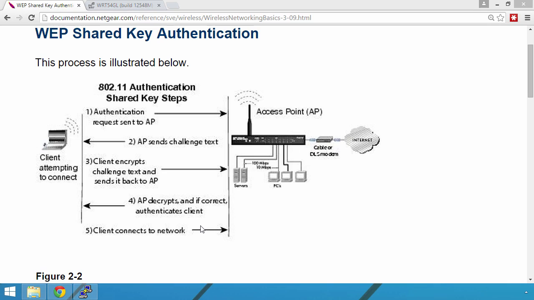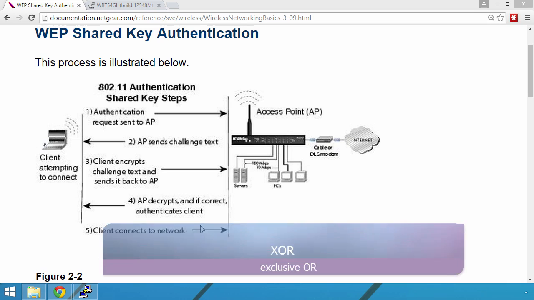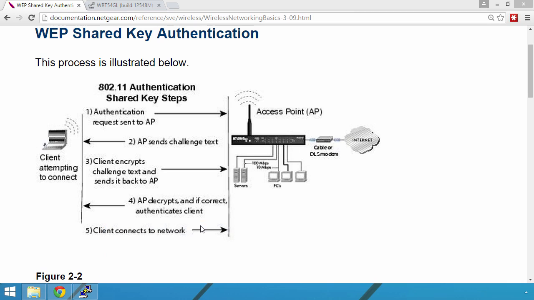The problem here is that an attacker passively listening to the entire communication has access to both the plain text challenge and the encrypted challenge. He can apply an XOR, also known as exclusive OR operation, to retrieve the key stream. This key stream can be used to encrypt any future challenge sent by the access point without needing to know